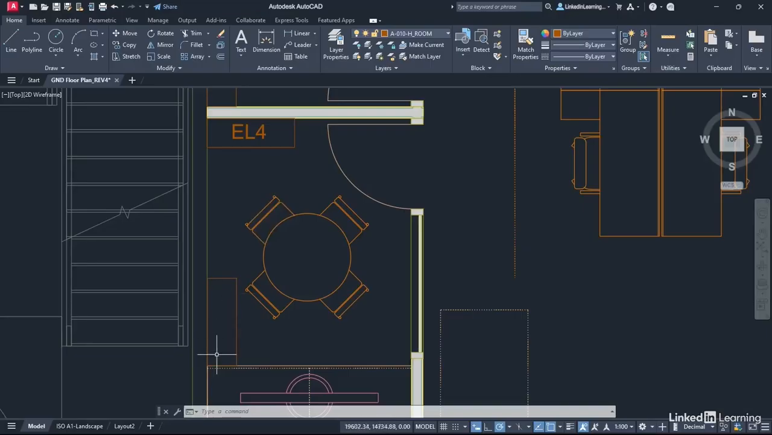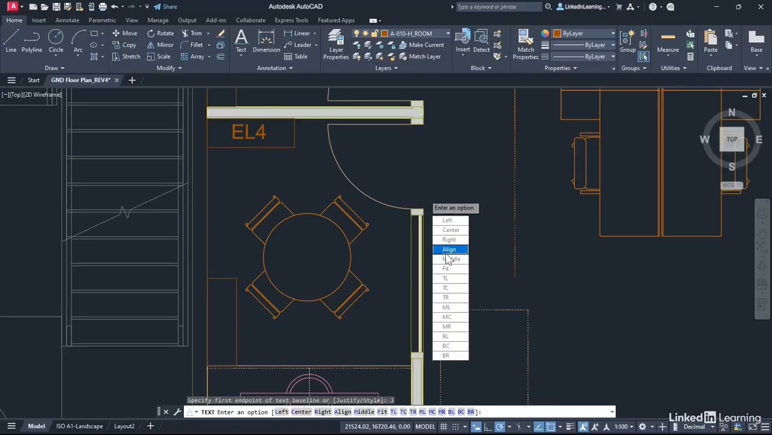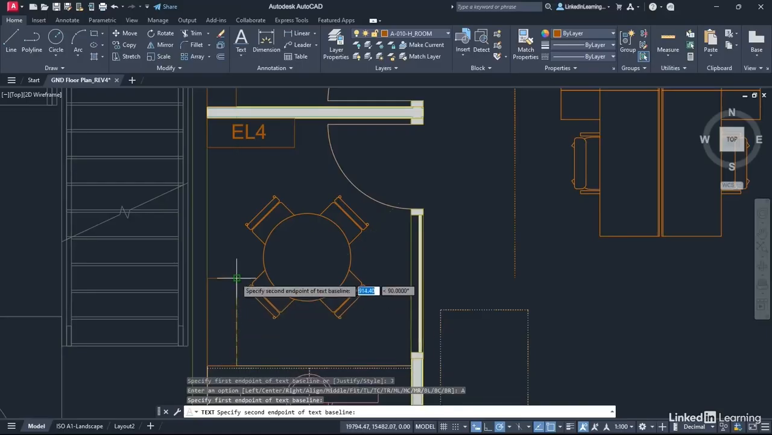Now, we're going to try and align our EL4 room label vertically in this little rectangle here. So go to the text flyout and select single line text. We're then going to right click and justify like we've done previously, and we're going to select align. It asks for the first endpoint of the text baseline. I'm going to use that endpoint snap there of the box, and then the second endpoint will be this one